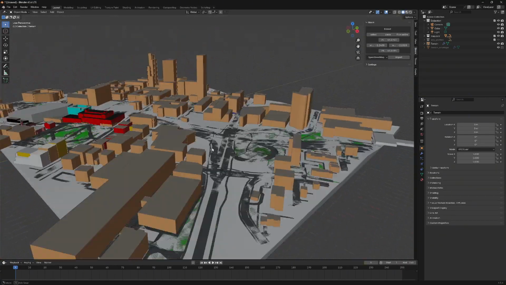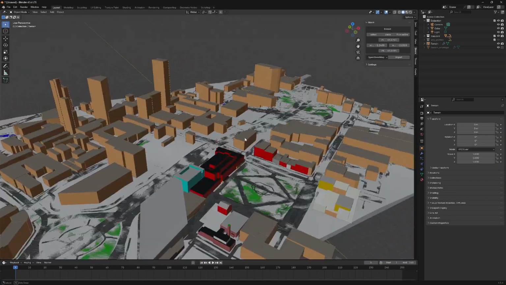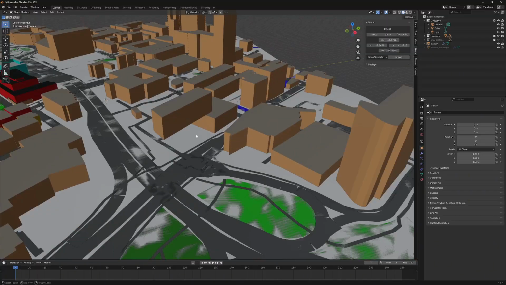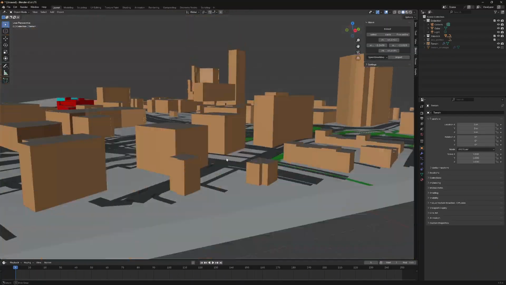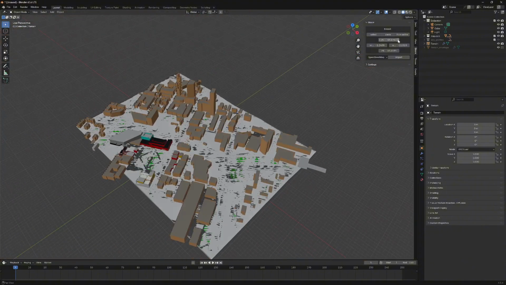So the next step within our workflow is then bringing in Google Street data, because sometimes the data that comes out of OSM is not always very accurate. But what I need to do to be able to do that is go back up here to Blossom, and then I'm going to go to 3D tiles this time. And I can also change what level of detail I have. If I do whole city, it's going to be a very, very low level of detail. And if I do buildings with more detail, that's going to be the highest level of detail that we can get. So if I click buildings with more detail, I'm going to click import,